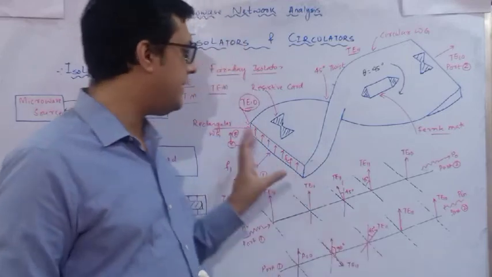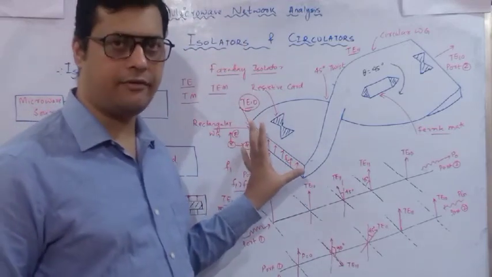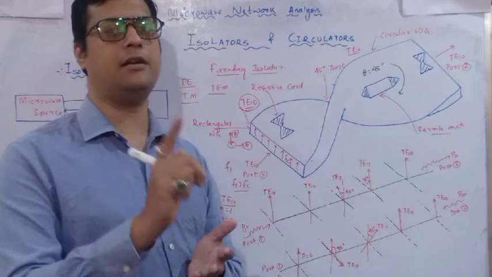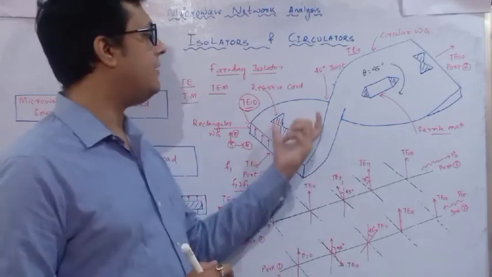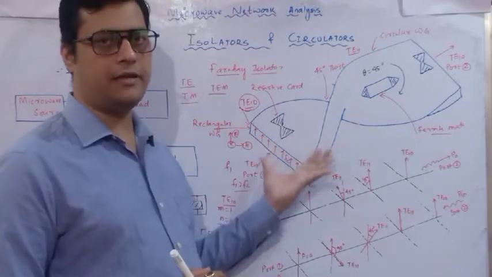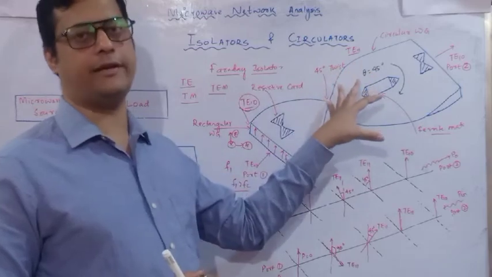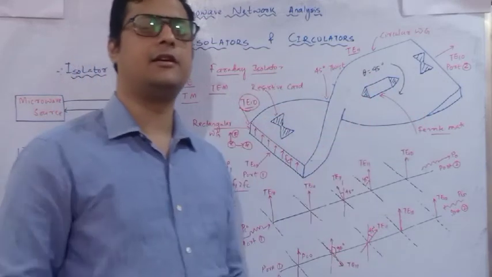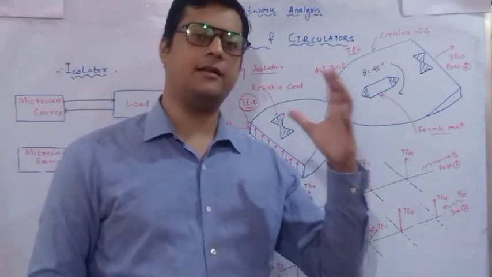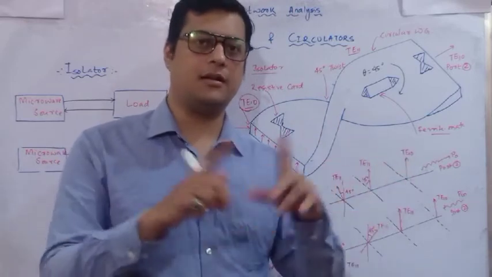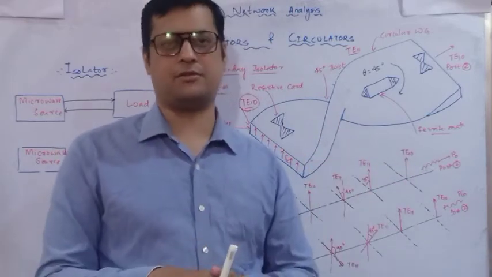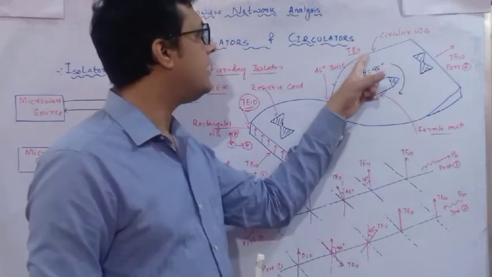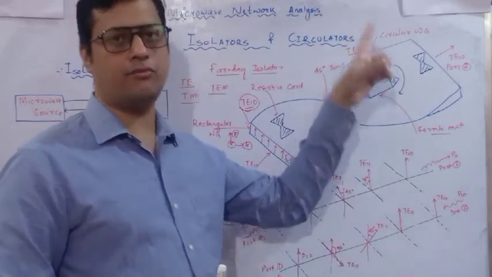So when I use the rectangular system first, the dominant mode is TE10. When this TE10 power is delivered to this particular twist and enters the cylindrical waveguide, the dominant mode of the cylindrical waveguide will take over the power. So the cylindrical waveguide has a dominant mode of TE11.